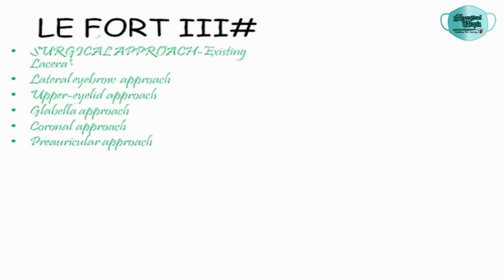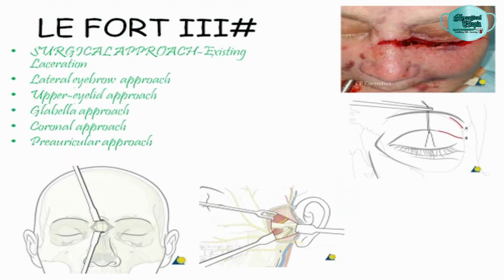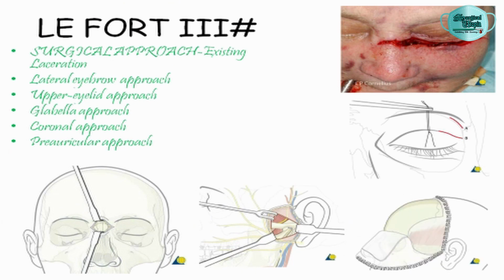In cases of LeFort 3, the surgical approaches can be done in the following ways: either by the existing laceration, as you can see over here, then an upper eyebrow approach, that is the supraorbital rim approach, or the upper lid approach over here. The glabellar approach can be used for the fixation at the frontonasal suture. The Manual approach or the preauricular approach is used for fixation at the